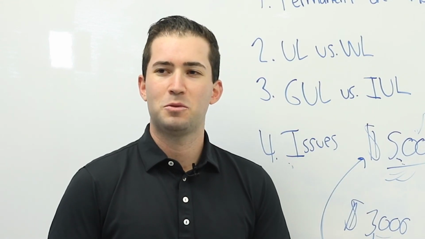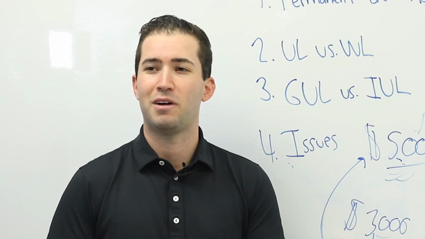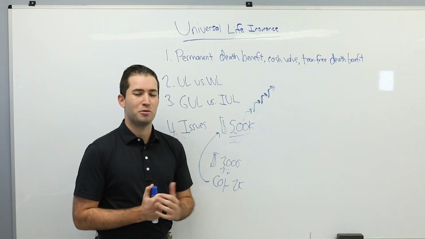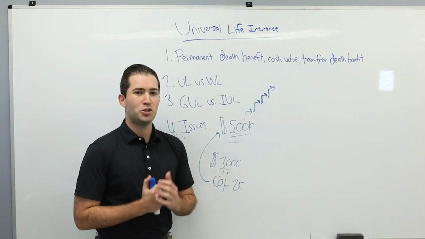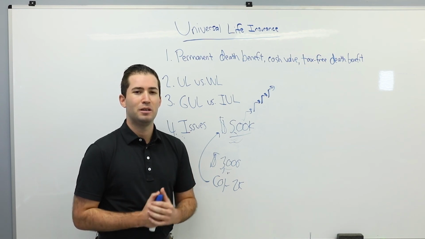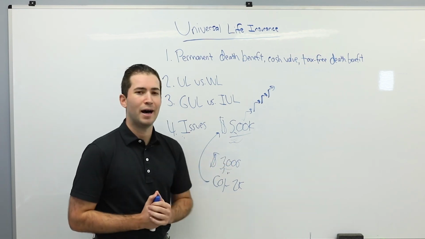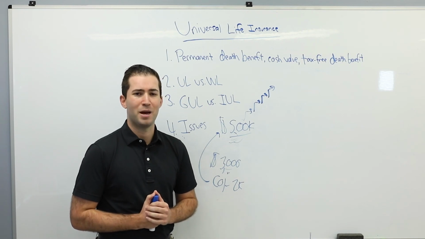So for all these reasons, we typically advise against universal life insurance as part of your financial plan. Oftentimes we find that term insurance or whole life insurance or a combination of the two is able to address your insurance needs without having to involve a more complicated product than you may need.